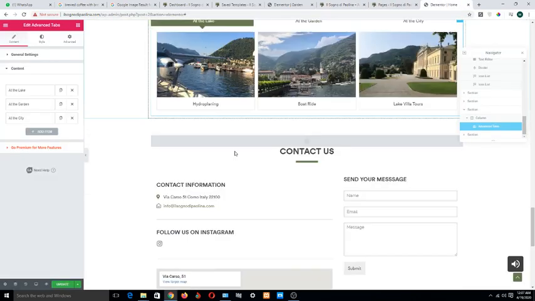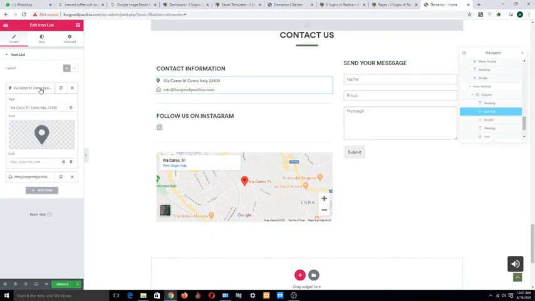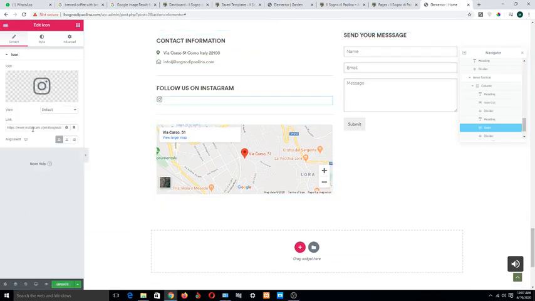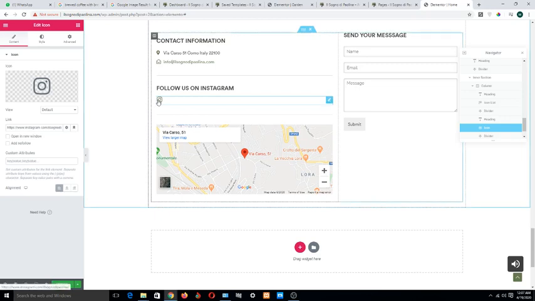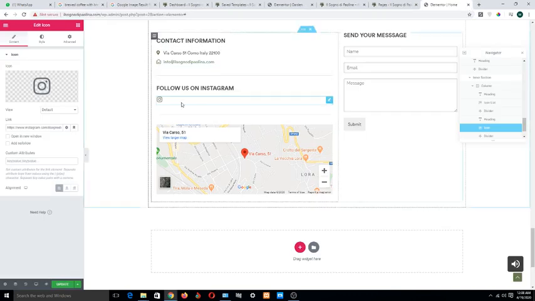Now I'm going to show you. Here's the text. From here you can change the text and the icon, and this is the Instagram icon. If you want to add a new link, you can remove the link from here, and if you want to open the link in a new tab, so when the user clicks on the Instagram, the link will open in a new tab. It will open like this. For now, when the user clicks on this, the page will reload.